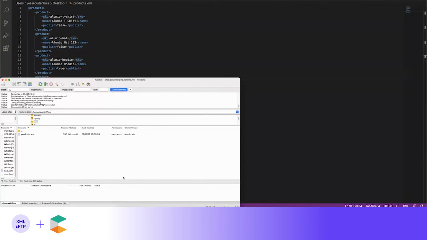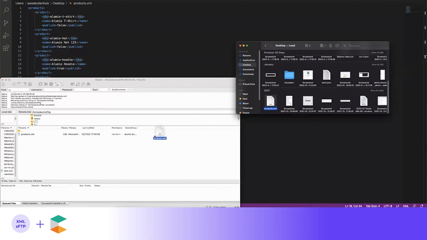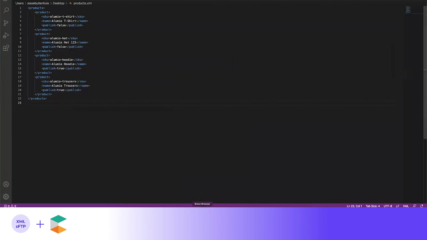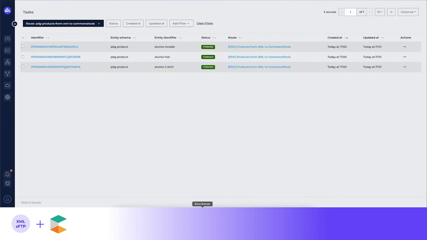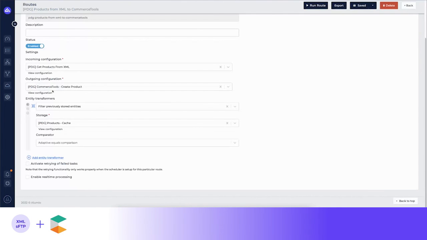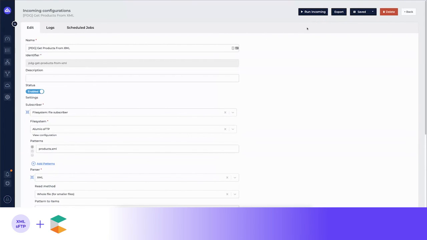I'm going to go back to the sFTP environment and upload the new XML file. I'm going to say yes, we are going to override this file. Now what should happen if we read the data from the sFTP environment again? I'm expecting two new tasks, one for the changed product and one for the new product. So when I hit run incoming,